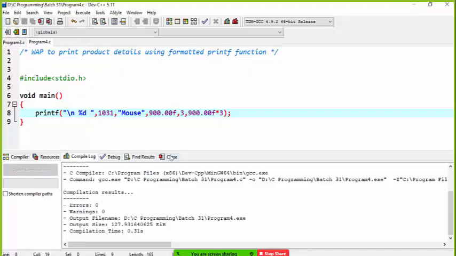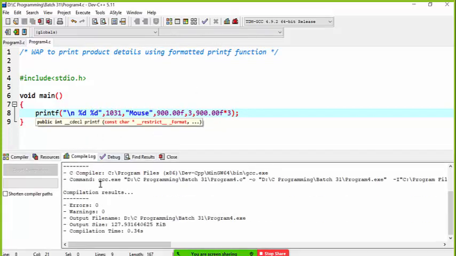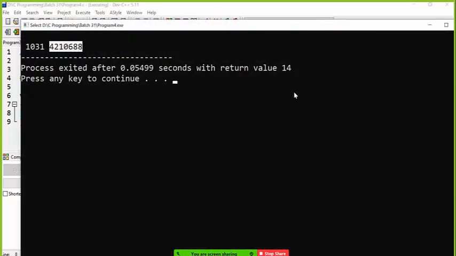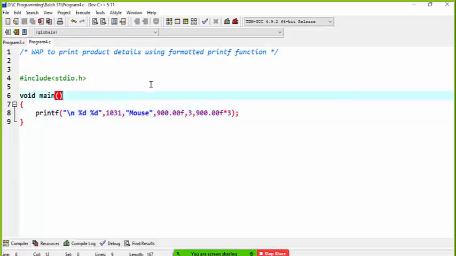But what if I give wrong identifiers, like it is a string, but I still supply %d? The compilation error is not there, but at runtime you can see something wrong. This is called a garbage value. So if you make some mistakes, instead of an error, the system shows you some garbage values. So what you have to do is correct that identifier.